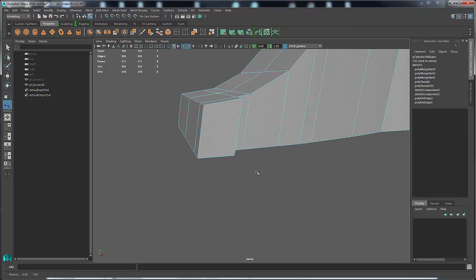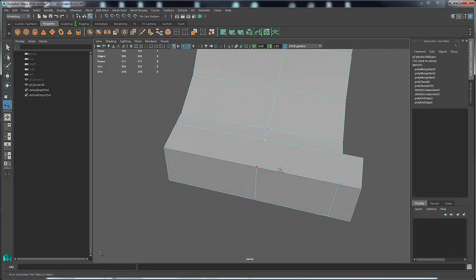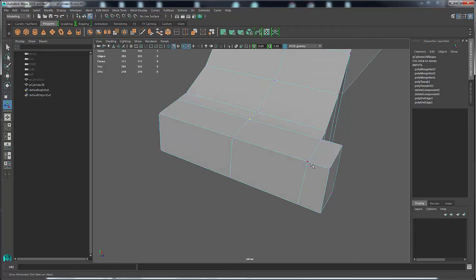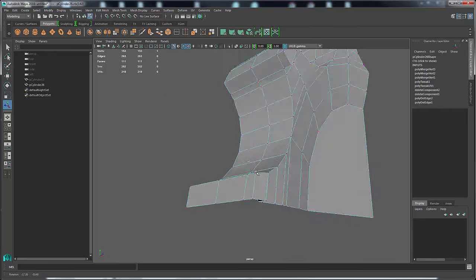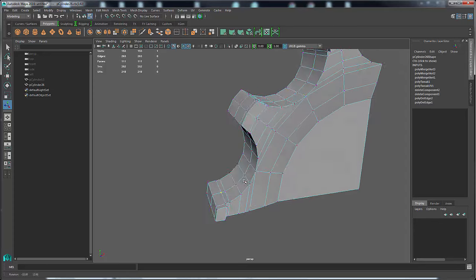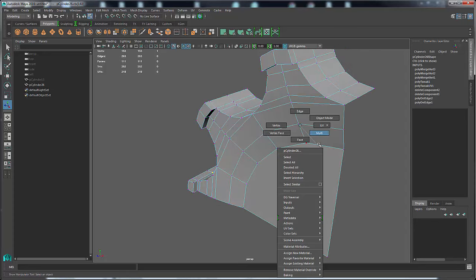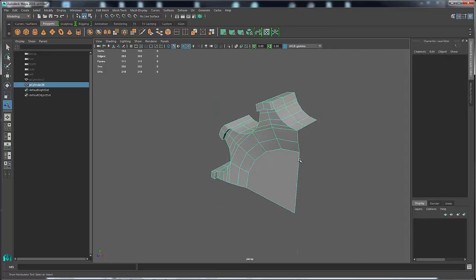So that's what I'm saying. You have to be very careful. If you get edges that are really close to one another, you can't even see that you've got a polygon strip that's so thin that you can't even see it. So we just have to make sure that you don't have anything like that, and then clean it up. So now what I can do, finally, is come here, pick this piece, and